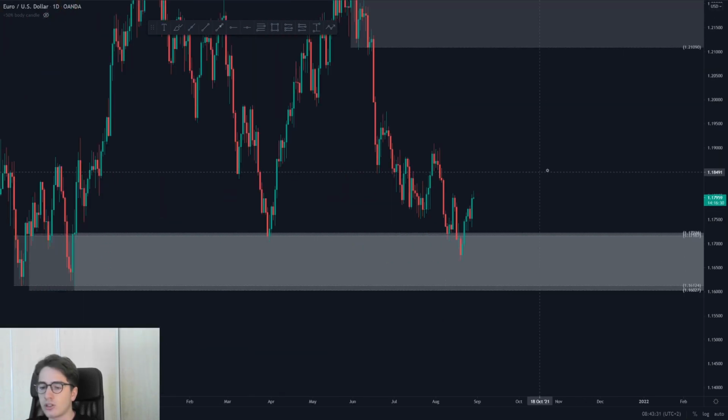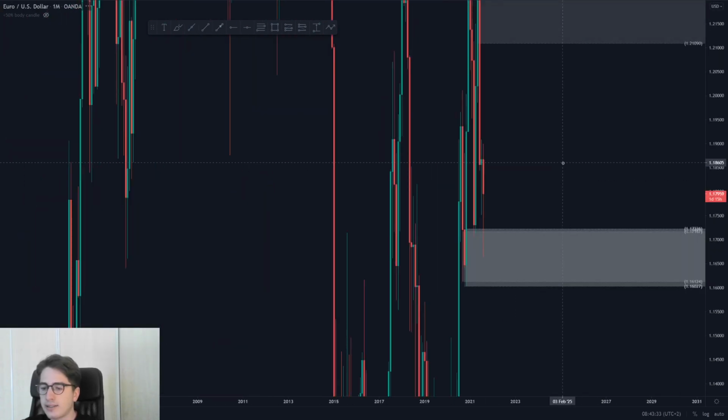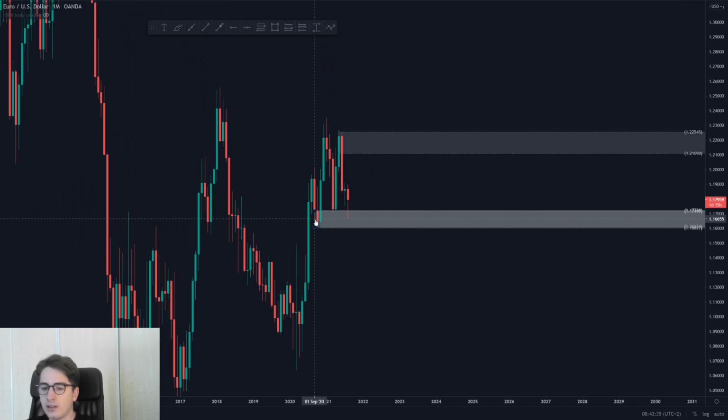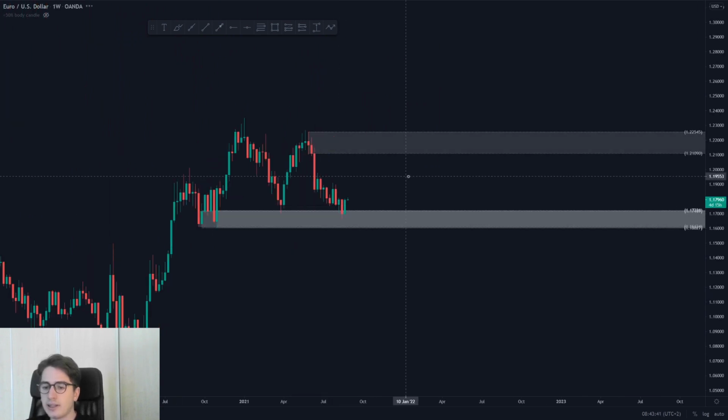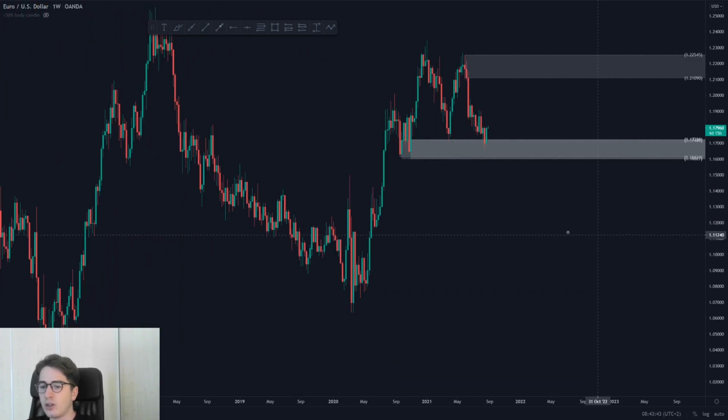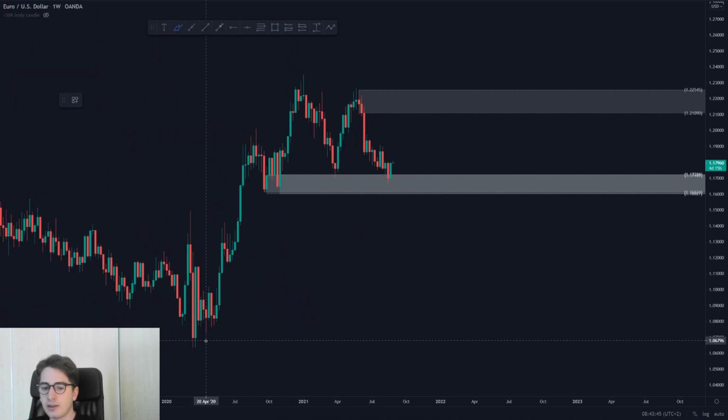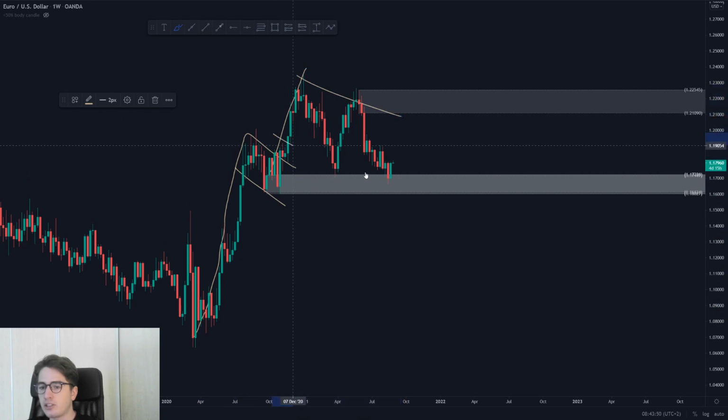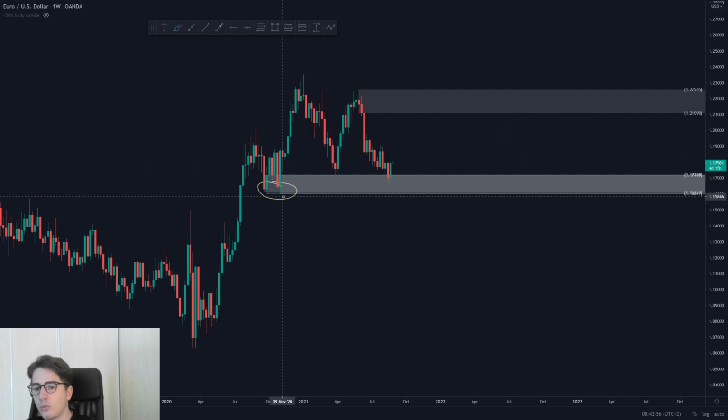And euro dollar has also been reacting to some areas of monthly and weekly demand. On the monthly, we have demand over here, which we've been tapping into now for the second time. Looking at the weekly, it is still bullish essentially, because we have this uptrend: correction, impulse, and this is just one big massive correction. Until we take out this low over here, we are still bullish on the weekly time frame on